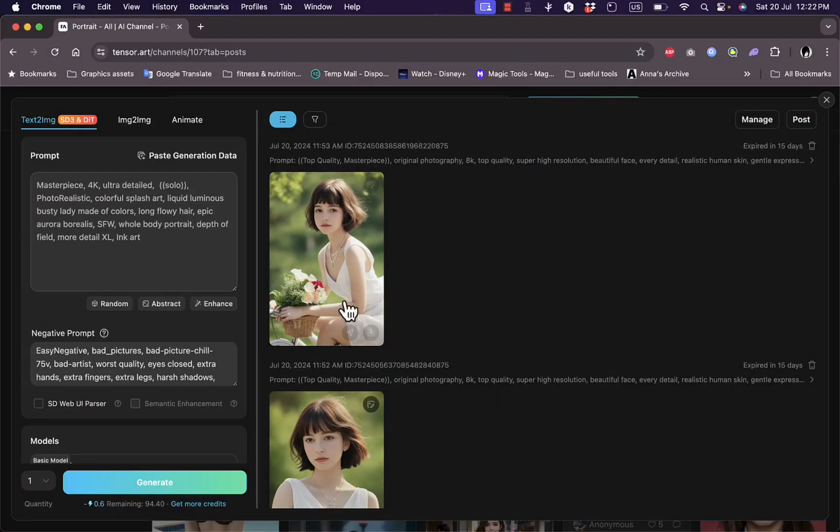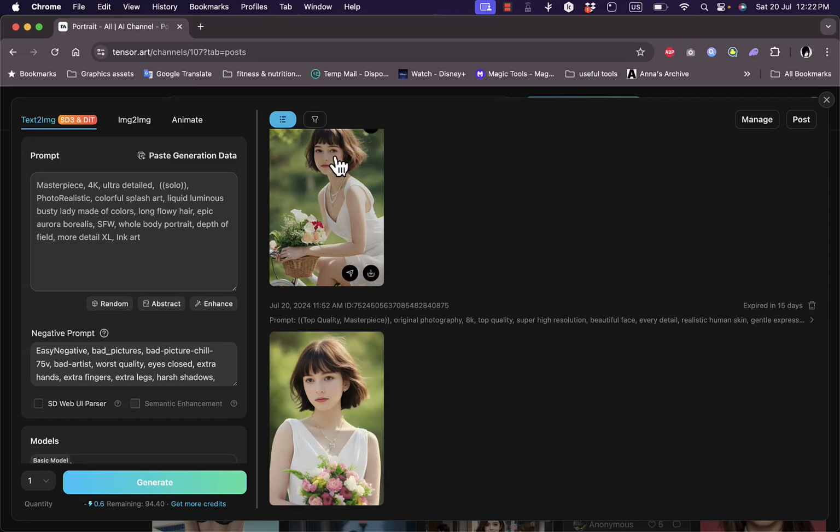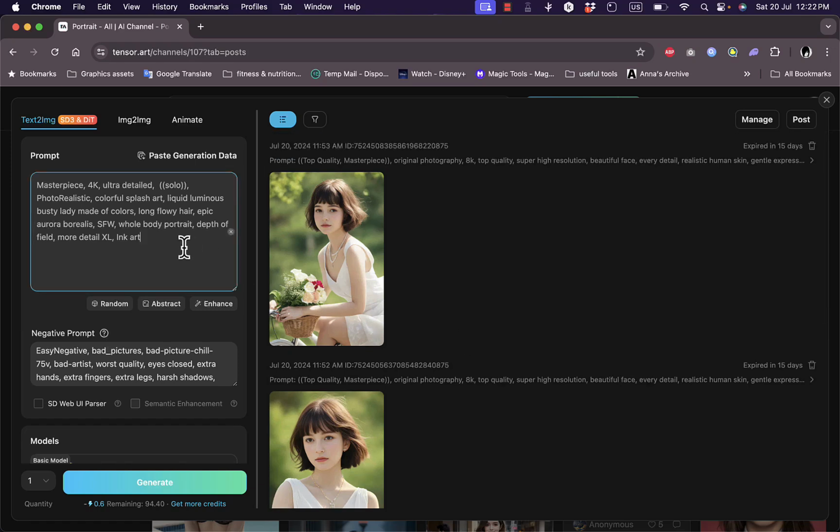And these are some photos that I generated earlier. As you can see here, it's the same model, the same face, however, different poses. So here you want to add your prompt or how you want your photo to appear. So let's say, for example, model